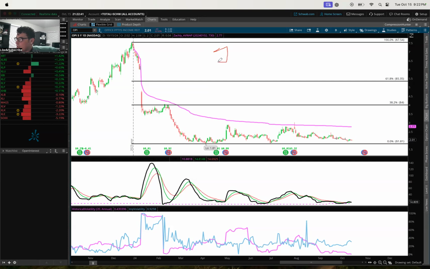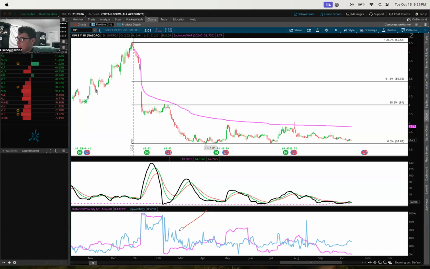Well, step one is going to be the scan itself. That's going to narrow your list down. Number two is going to be the indicator itself, and you can see where we're at in terms of volatility compression compared to what's happened historically via the volatility compression indicator. And then number three is going to be taking a look at the historical volatility and the